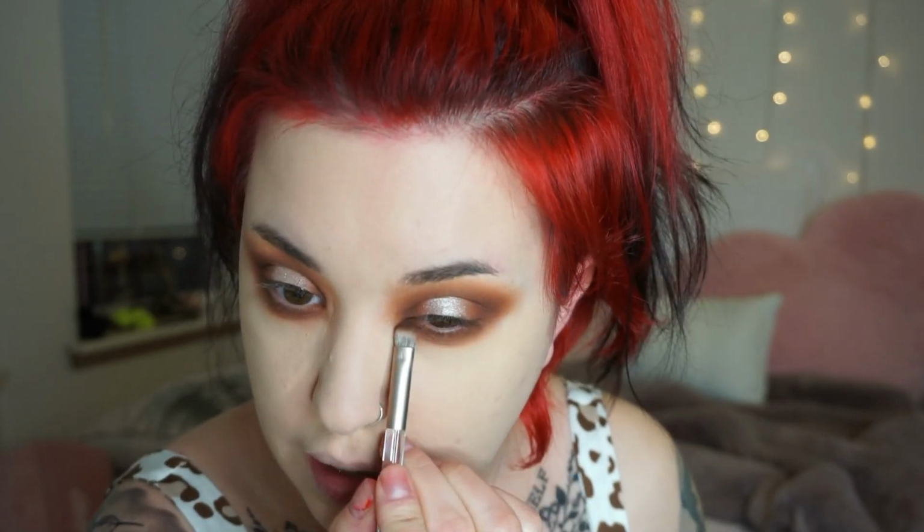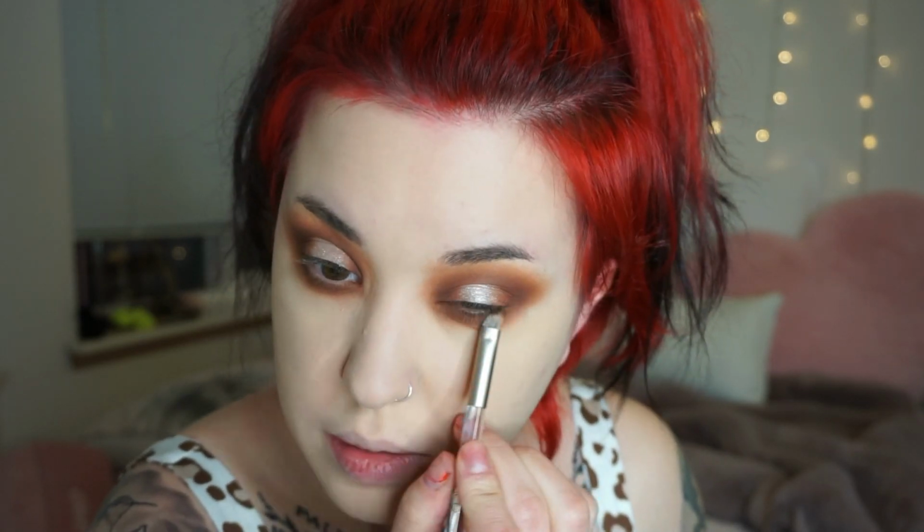Here's what I'm gonna say so far about this: if this color palette is your cup of tea, go for it. Like, go for it. But to me, literally the only shades I'm gonna use in this are the two that I'm using right now. So this is not necessarily my type of eyeshadow palette, and the look that I am getting using it,